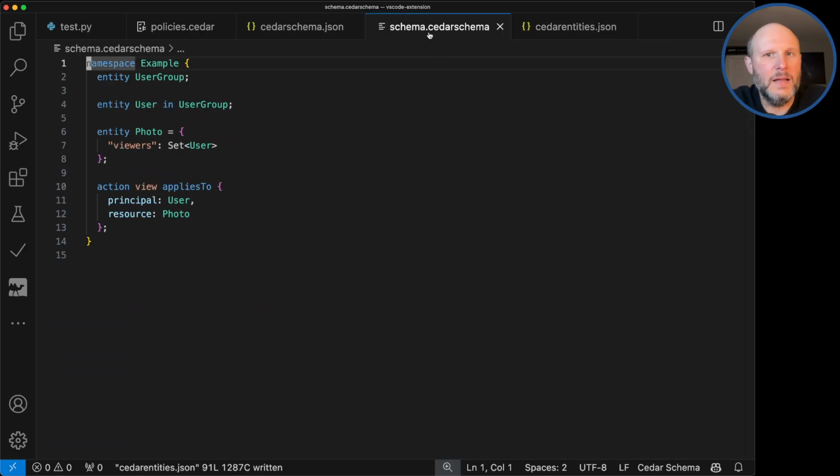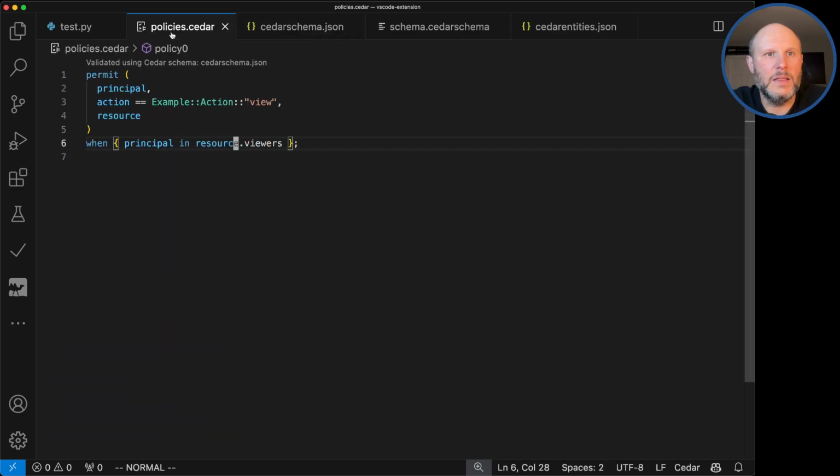The one trick I think to highlight is this ability to translate from the human-readable schema over to the JSON so you can get the most out of this VS Code extension. But I think that's